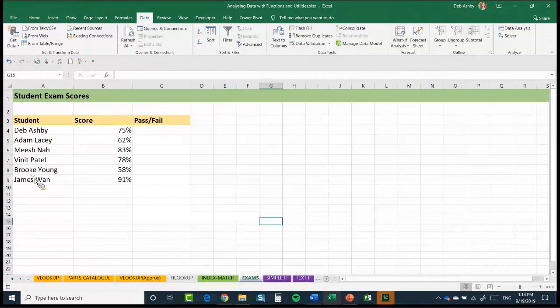Okay, so let's just say we have some students just here. These are their exam scores, and I want to say whether they've passed or failed. So I might say that the pass mark is maybe 82%. So what I could say is equals, and I could type in if,